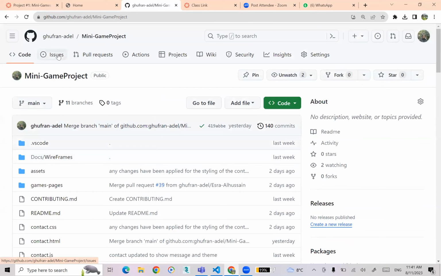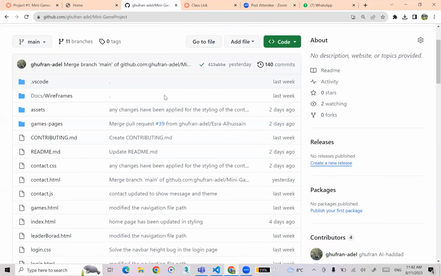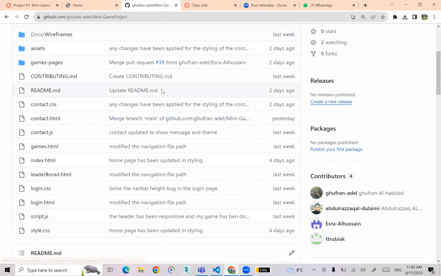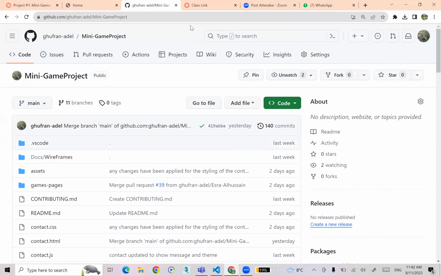We are actually thinking to enhance our work in the future by doing all of our tasks as issues and creating branches for each issue. But for now, I think we did great because, you know, it was our first time to collaborate through GitHub.